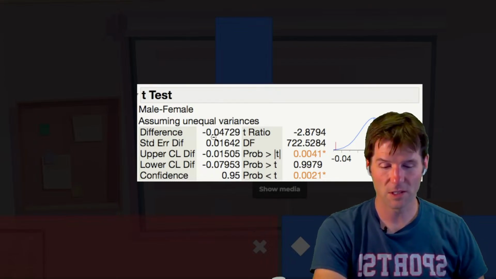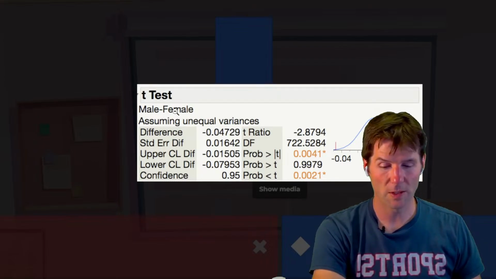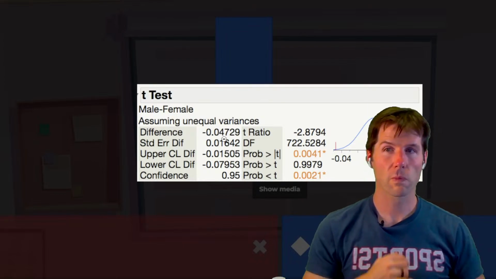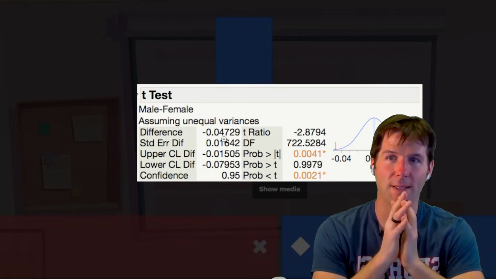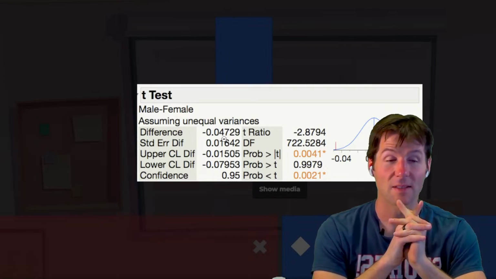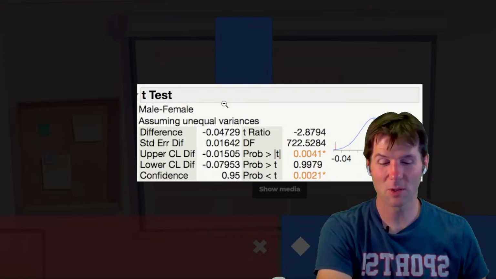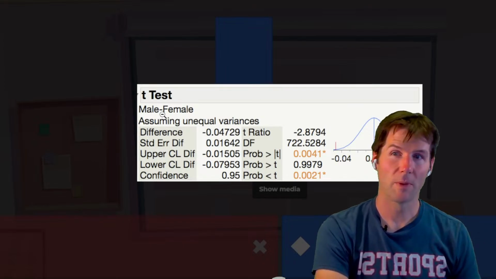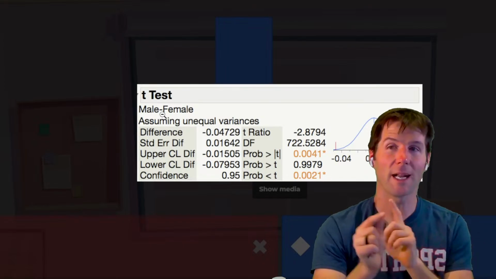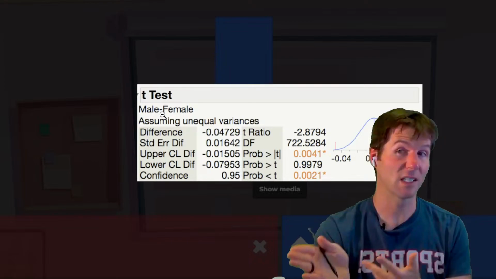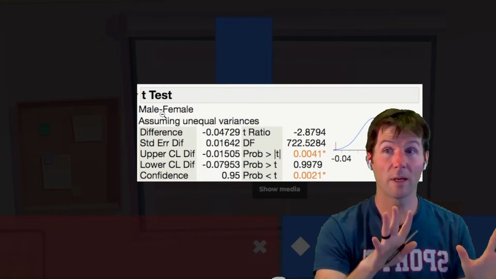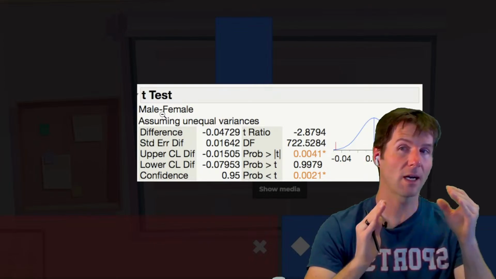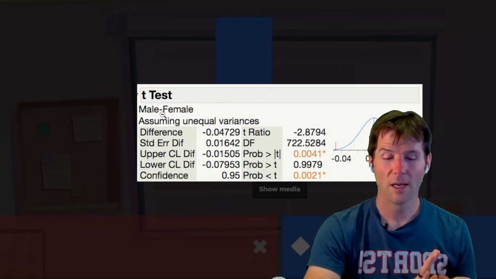So notice that the difference is negative. Which group had the higher mean in the sample data? Since it's negative, it goes with the one with the negative sign. It would actually be females because the difference is negative. Think about 8 minus 10. 10 is bigger, it makes it negative. I'm just making up fake numbers. So the females had a higher GPA on average in the sample,